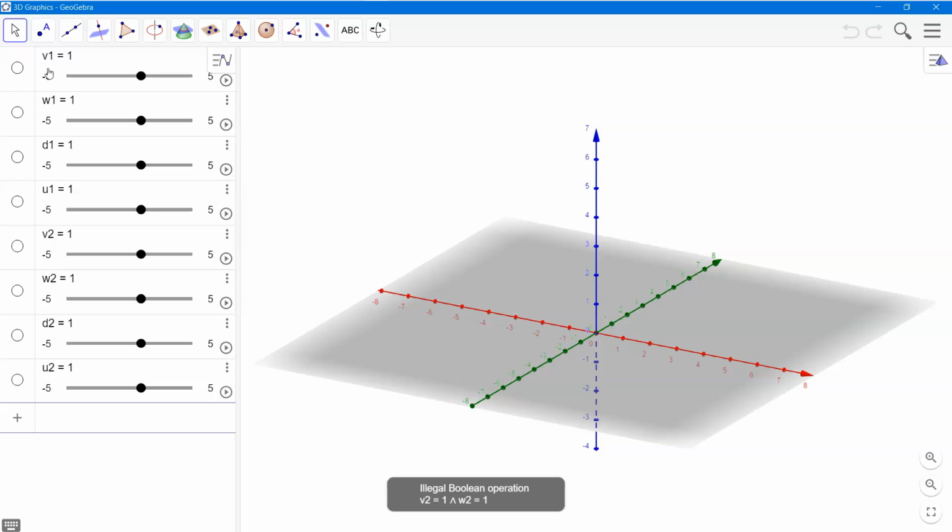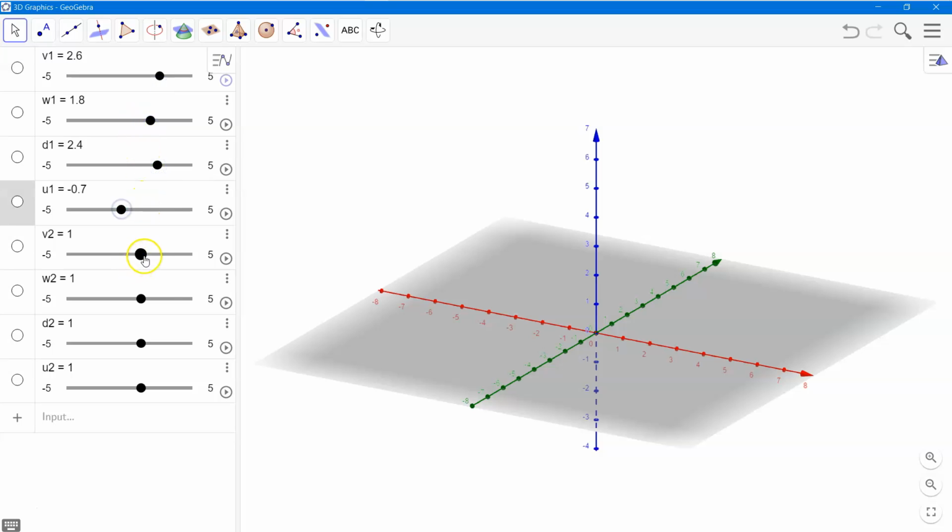Okay. Now let's define the circles. Now because they are all the same, it will not form a sphere. Let's just move it a little bit here and there. Okay, now